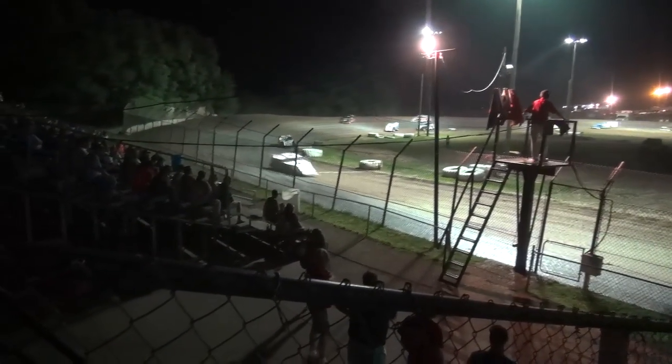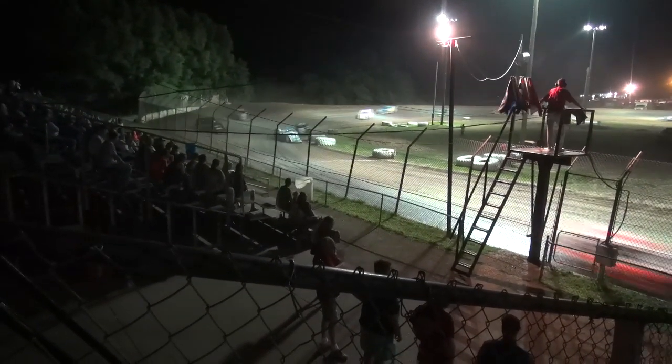Lyle in that 16S, one feature win so far this season. Tim Carrick with 3 wins and the points lead right now. So Tim, his nearest competitor, is not here tonight: Terry Schultz, the 90 car out of Sedalia. So this will lengthen his points lead right now. Meanwhile, Chad Lyle, Tim Carrick,